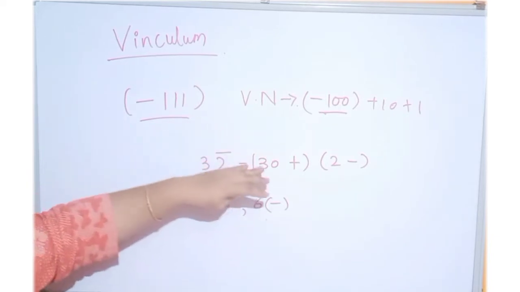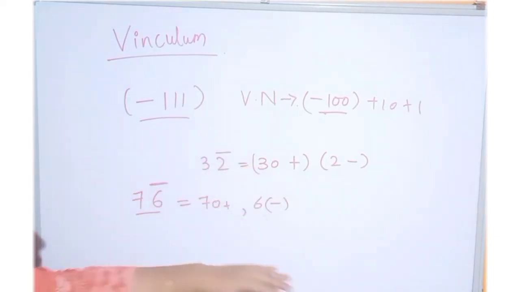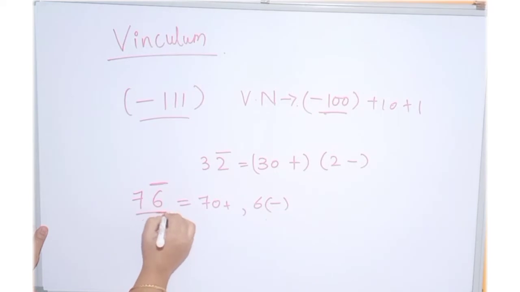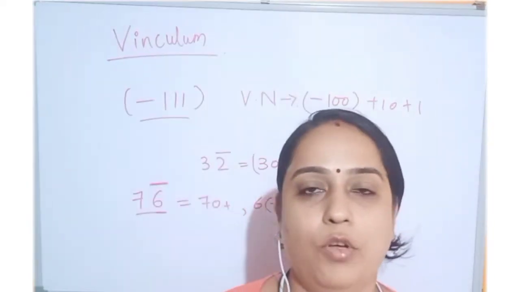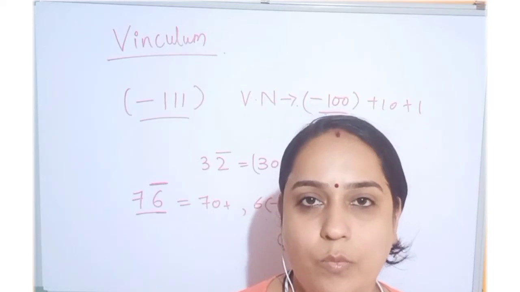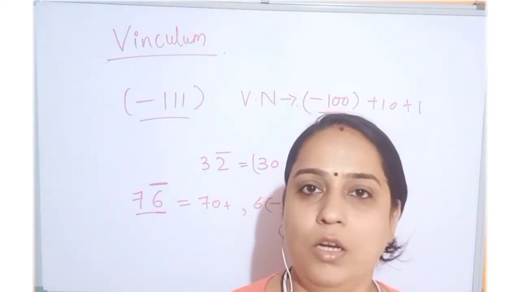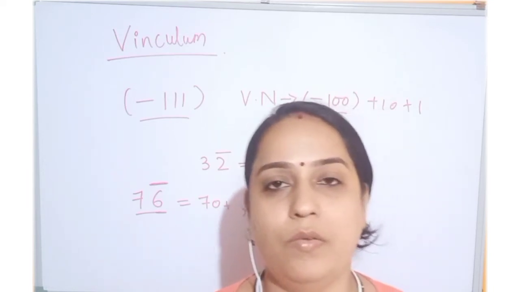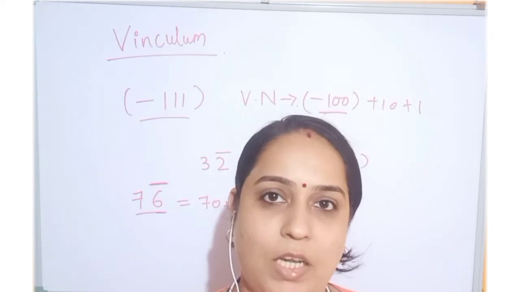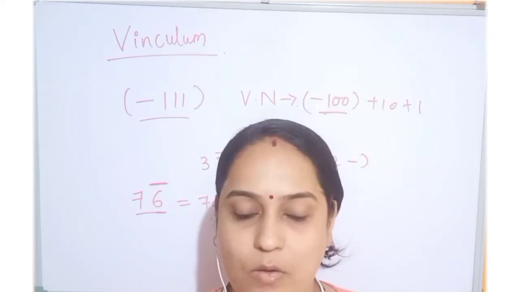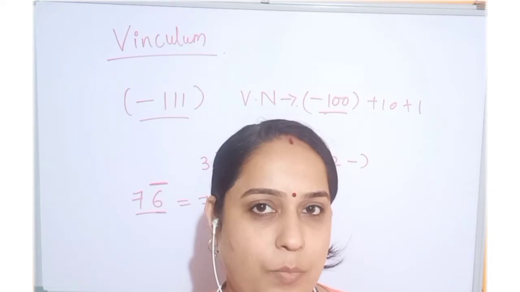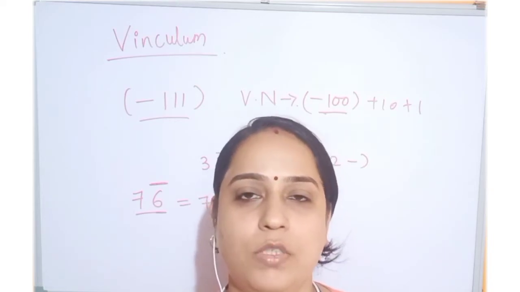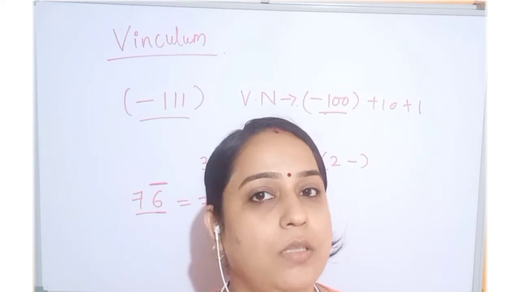And as I said just now, we have only the digits 0 to 5. So we have to convert this 6 bar into a vinculum number. How we do this, I'll cover in the next topic. We will cover how a vinculum number is converted to a normal number, and how a normal number is converted to a vinculum number, in two separate videos so that it will be very clear to you. Today we will understand what a vinculum number is, how it is important for conversion of numbers, where it is implemented, and what the rules are.